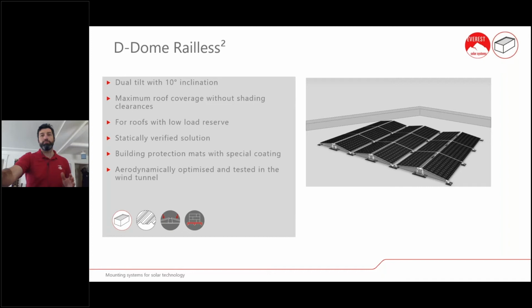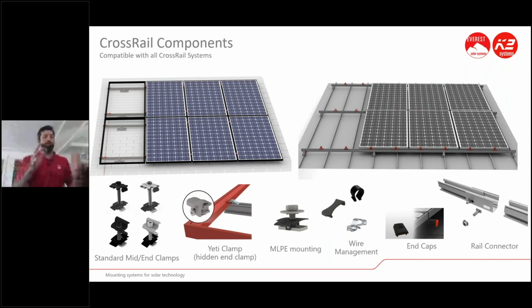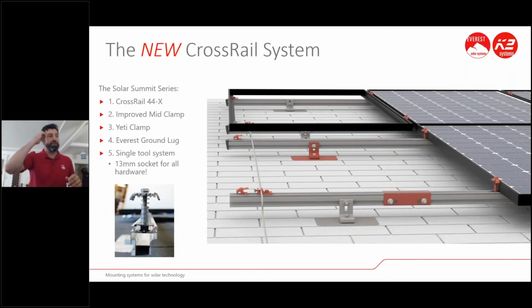So getting into these components and what changes we've made. The beauty of this CrossRail family system is that all the different components go into the same rail channel. So basically all those rails that I showed you and all those applications, they all have the same top channel so that our MK3 goes inside of that. So we looked at our entire system, we looked at all the engineering, and we made some improvements. So the new